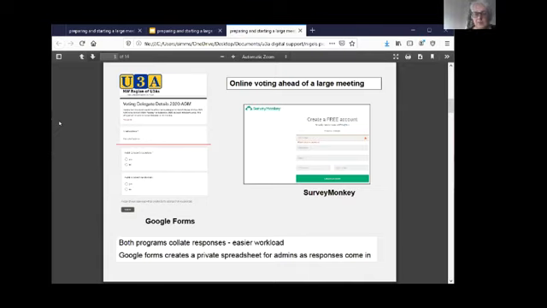So there's two of these systems, both of which are very simple to use. Google Forms, all you need to create one is a Gmail account. You don't need anything more complex than that. SurveyMonkey, all you need to do is create yet another account to add to all your other accounts. We love creating accounts, don't we? No, yes, well, never mind.